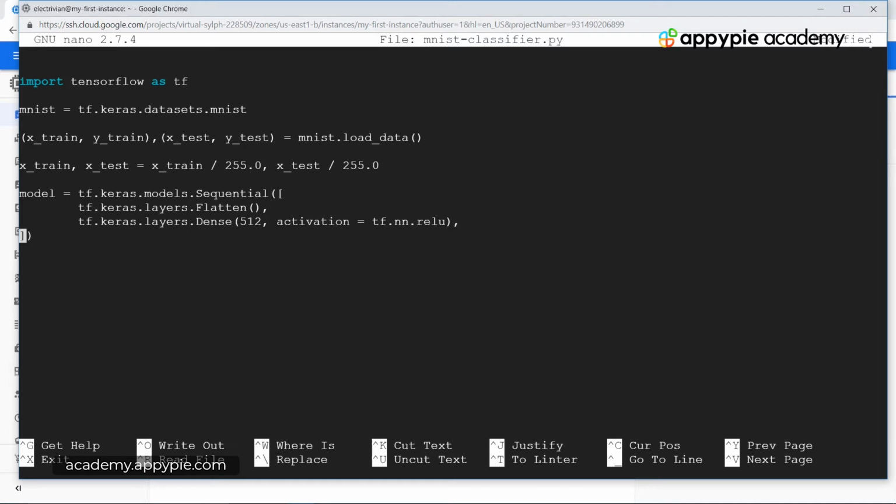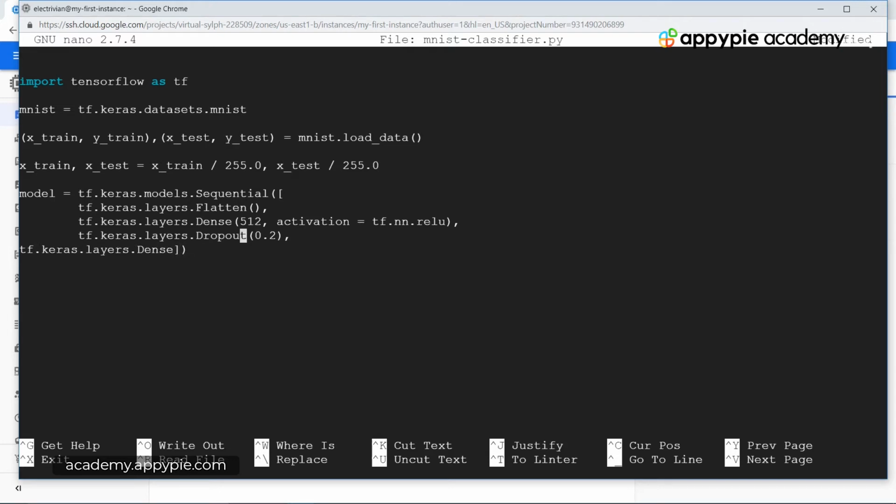Then on a new line, we have tf.keras.layers.Dropout, and then we have 0.2 over here, which is for the hidden layer. Then we have the final layer, which is tf.keras.layers.Dense.